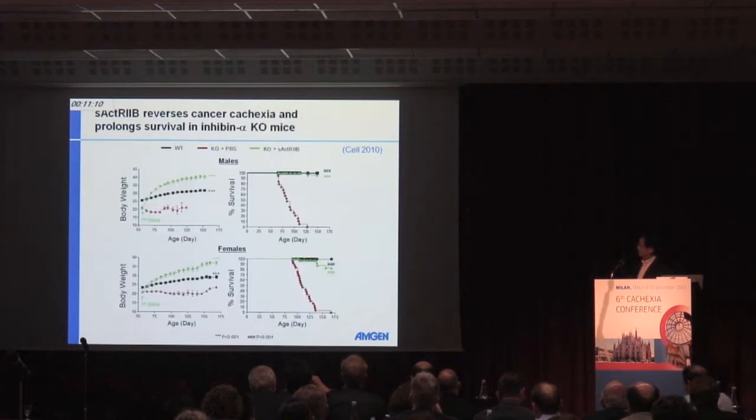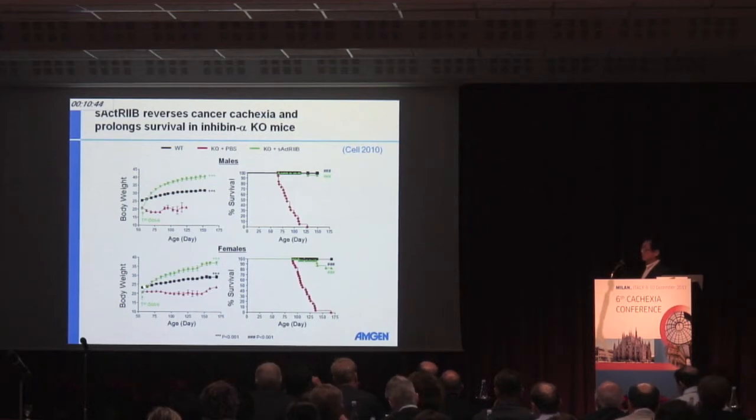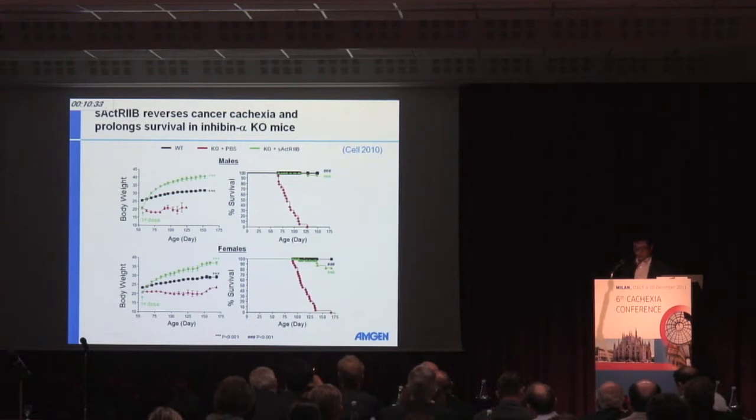And as a result, it significantly prolonged the survival of these animals. In another model here, a gonadal tumor model, spontaneously formed gonadal tumors, testicular tumor in males and ovarian tumor, quite large actually by this stage. Similarly, when we dosed these animals with a soluble receptor neutralizing myostatin and activin, you see not only the reversal of lost weight, but more importantly, a dramatic improvement in survival.